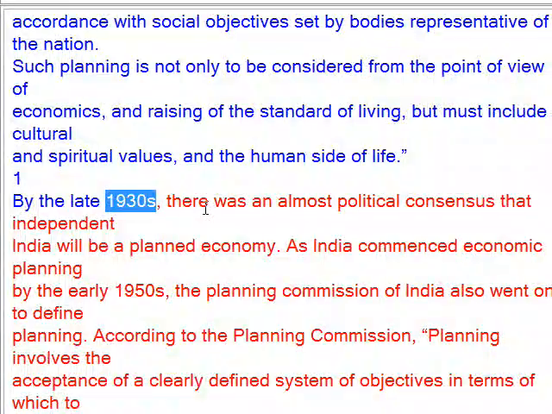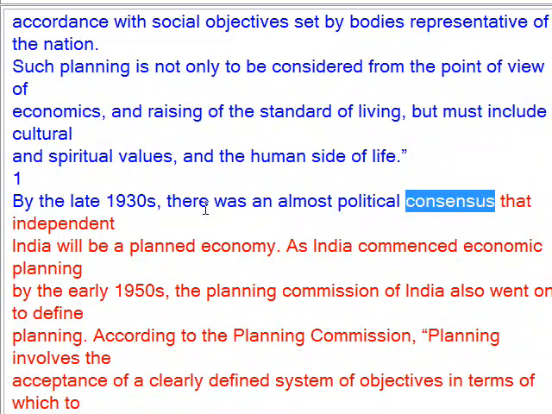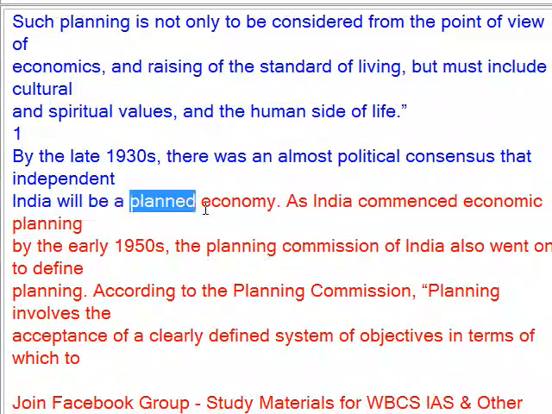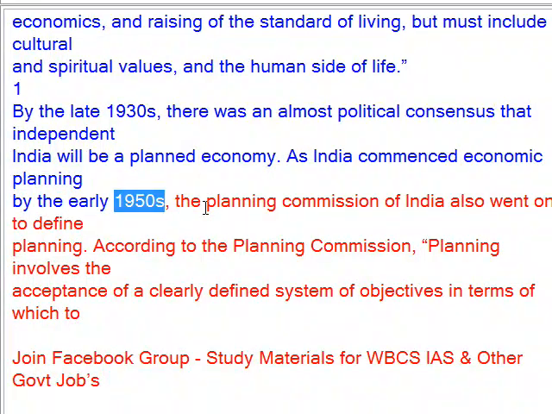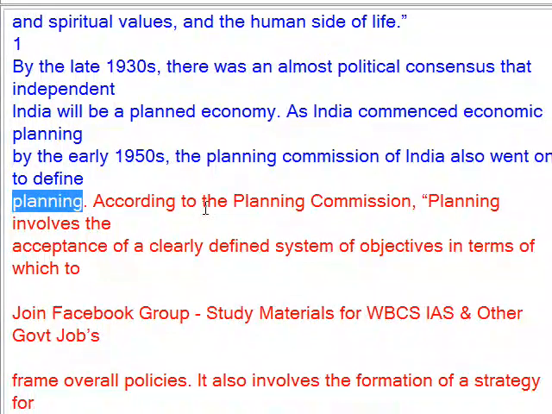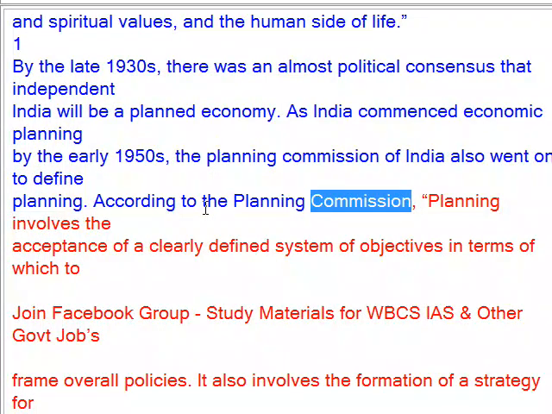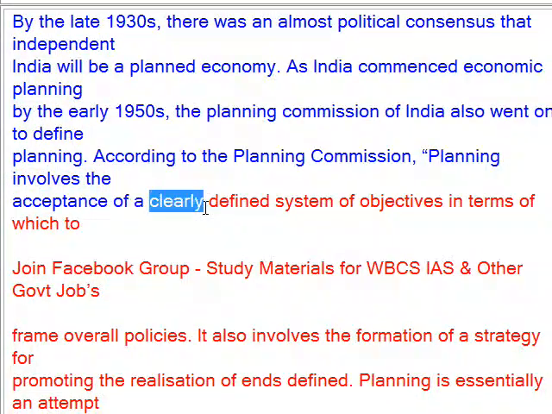By the late 1930s, there was an almost political consensus that independent India will be a planned economy. As India commenced economic planning by the early 1950s, the Planning Commission of India also went on to define planning. According to the Planning Commission, planning involves the acceptance of a clearly defined system of objectives in terms of which